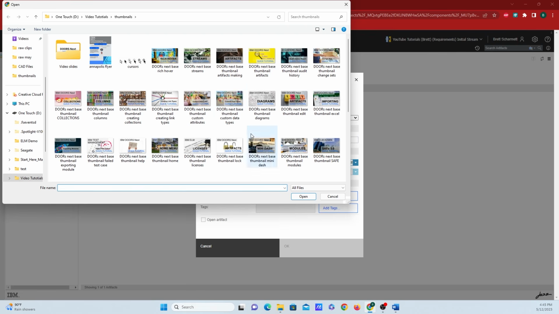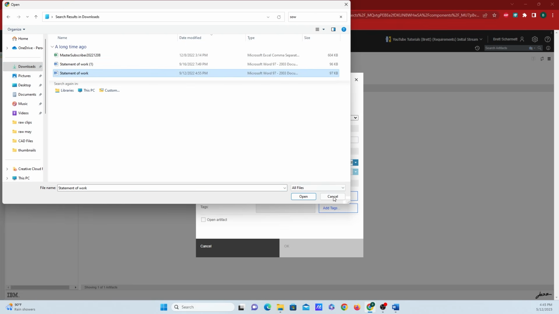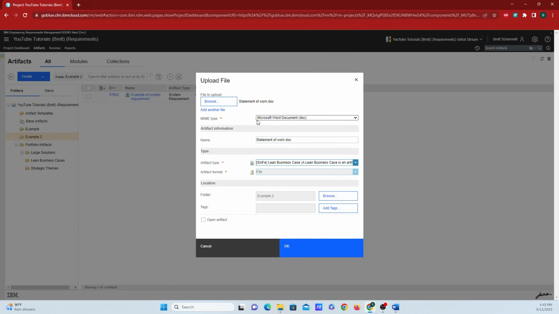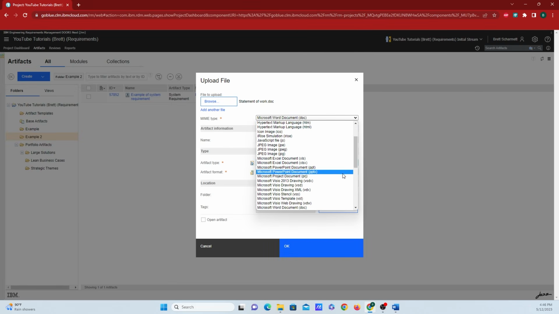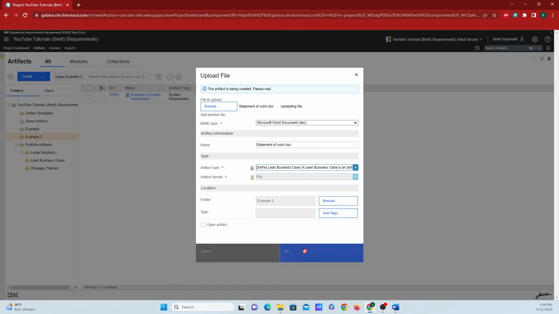And just to give you an example of some stuff that we can do, I will go over to my downloads and search for the statement of work. Click on OK, open, and it will automatically select the proper file type, but just clicking on this drop down menu here, you can do a whole bunch of stuff. If you want to add more than one file at once, just click on add another file right here. You can rename the document. You can say what type of artifact this is. You can also browse the location of the folder, and you can add tags, but I'm just gonna click on